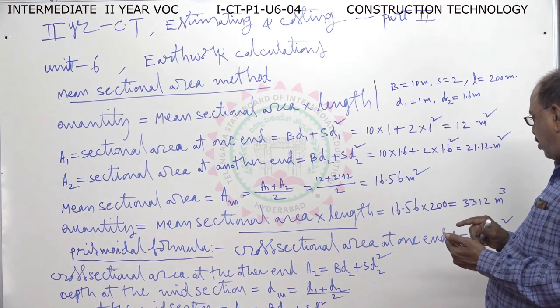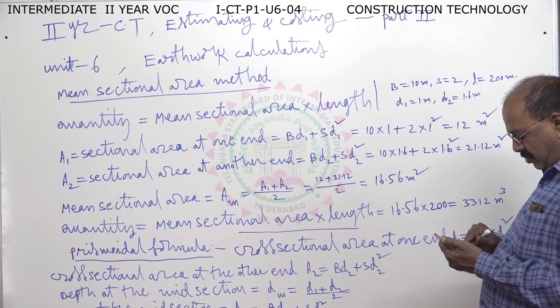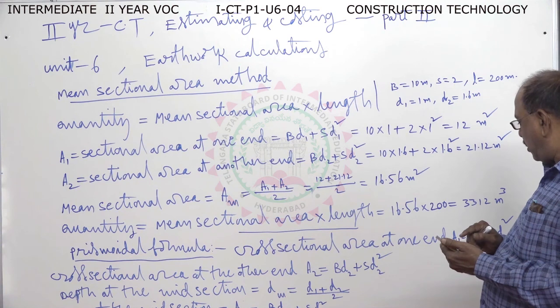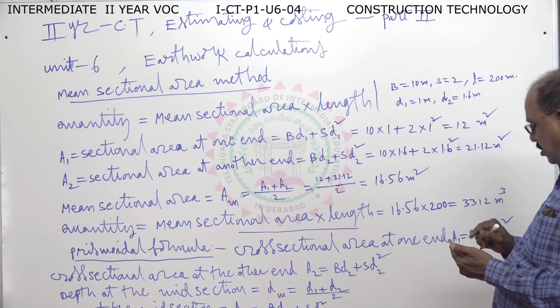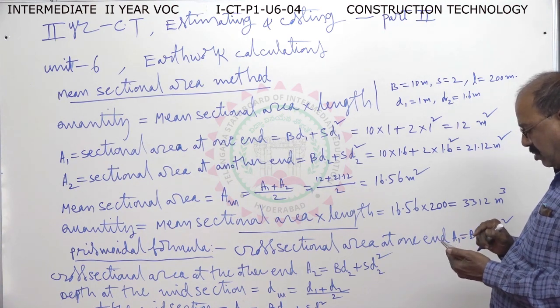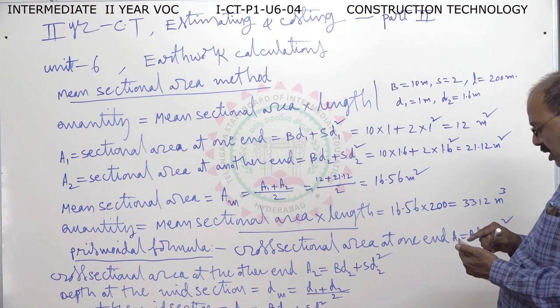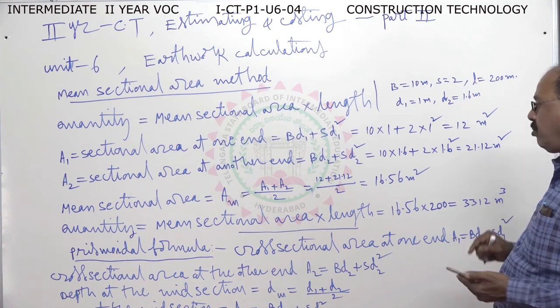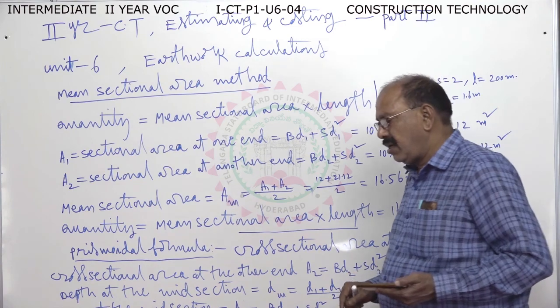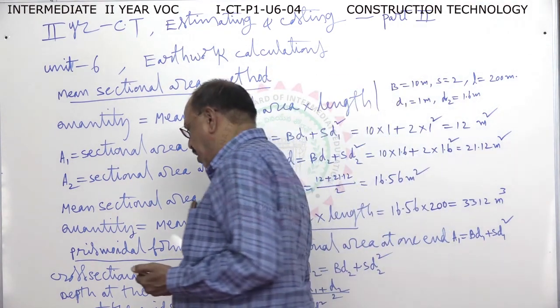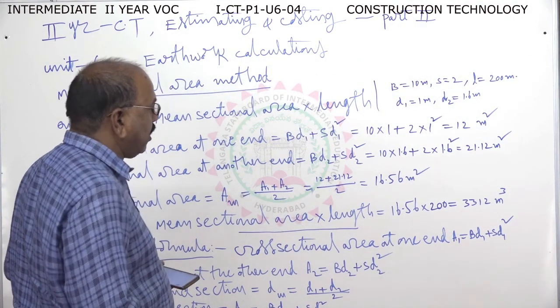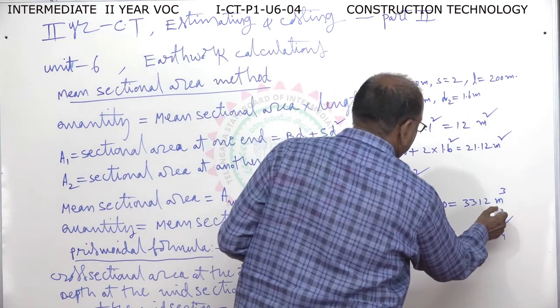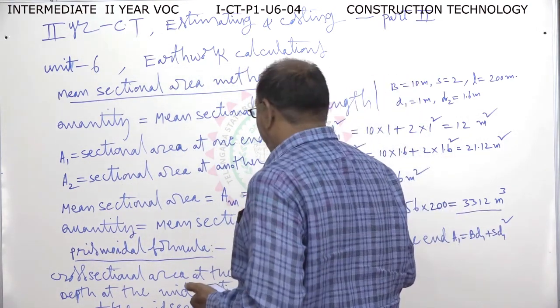That is 16.56 into 200. That is equal to 3,312 meter cube. This is the total quantity of the earthwork we got. That is the final answer. Okay. So next